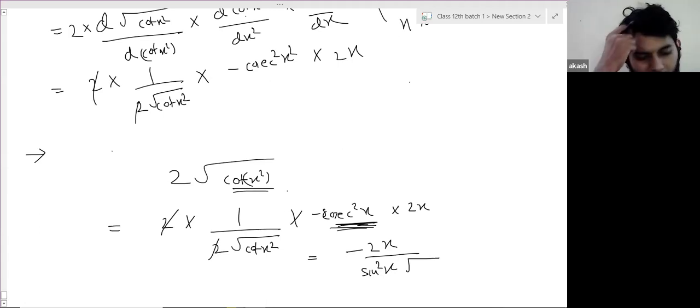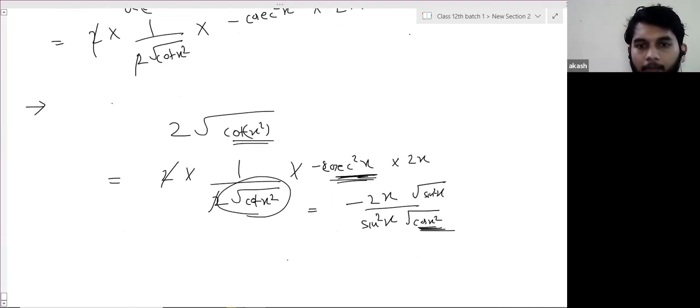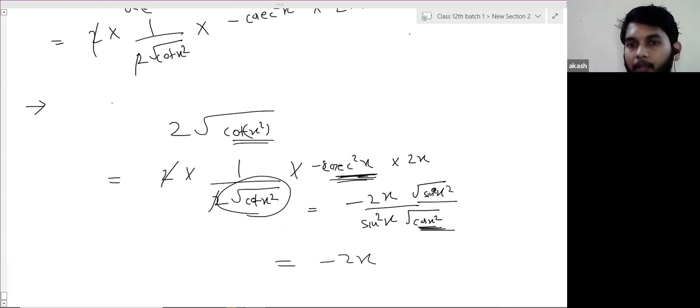You cannot change this into this. This will be cot, right? If you change this, this will be cos x square, and we'll get under root sine x square. So this has to be cos in here, or we can do this: minus 2x. See, this under root sine x square and this, if we cancel out,